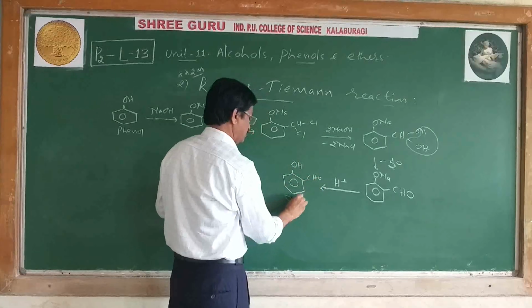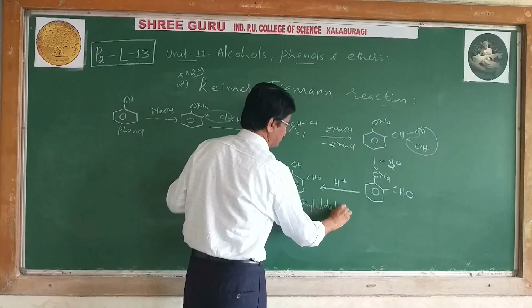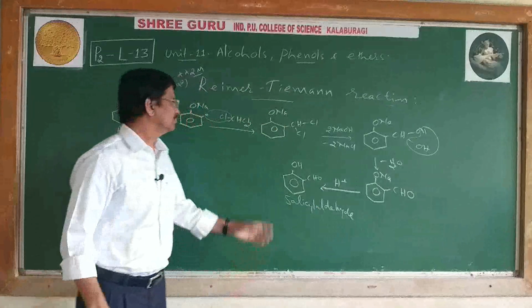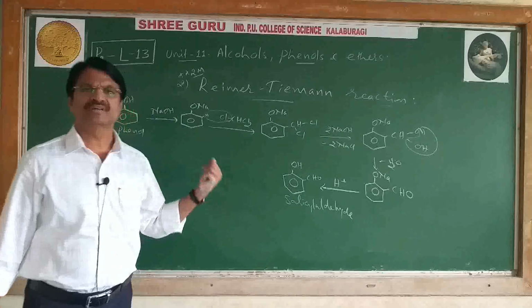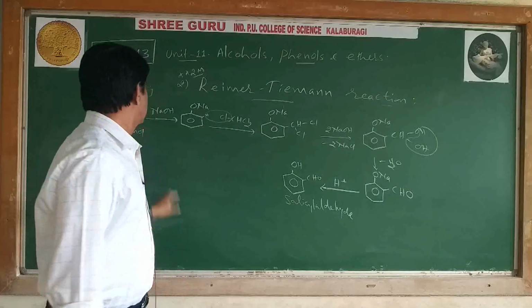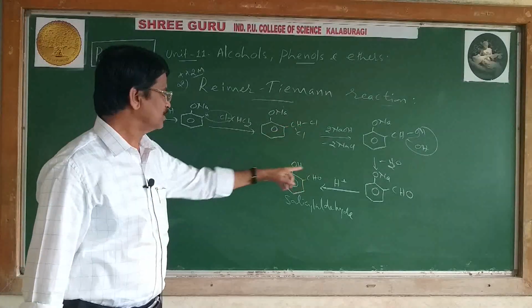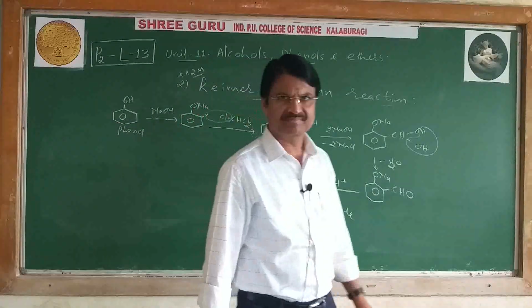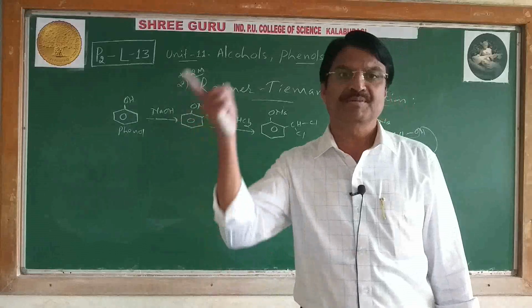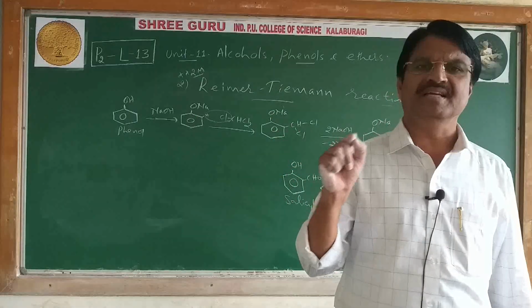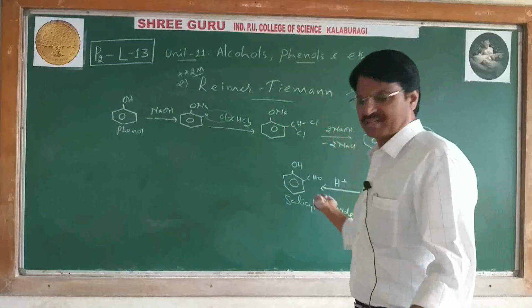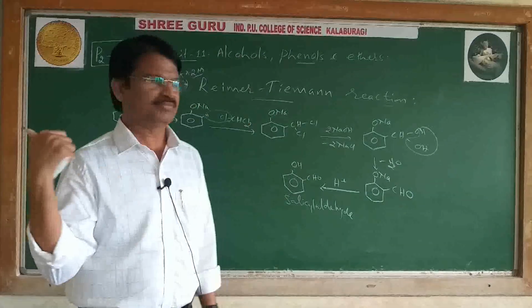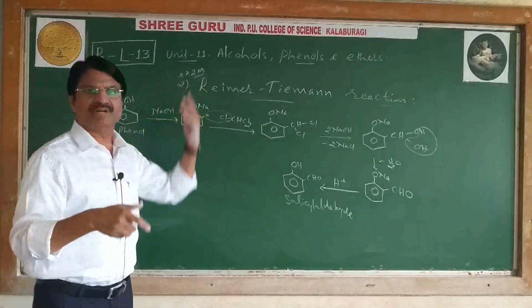This is salicylaldehyde. Yes, you can write by this method also. This is called the Reimer-Tiemann reaction. 1, 2, 3, 4, 5, 6 structures are written. But see, I will tell you one more reaction. That is the last, and that method you follow because that is mentioned in the NCERT book. Okay. But this also we can write. This method also we can follow to write the equation in the Reimer-Tiemann reaction.